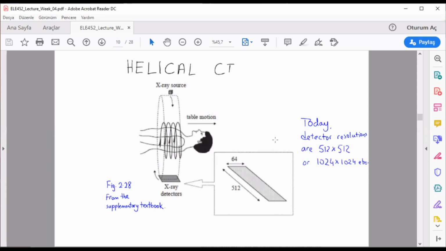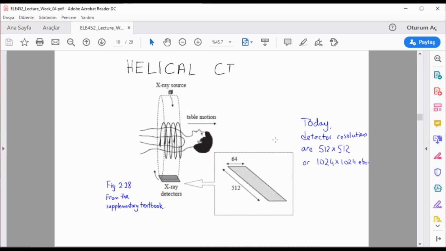So volume imaging can be obtained by this method, and in these kinds of systems, the source and detector are continuously rotating. The source is not continuously emitting X-rays. As soon as the operator hits the button, in a few revolutions,